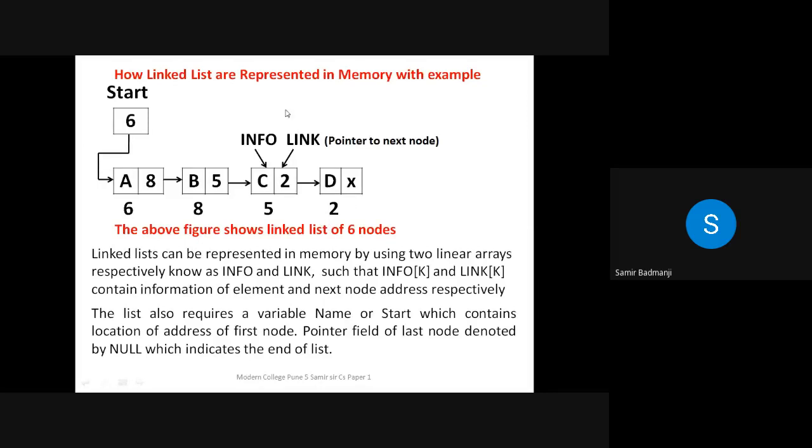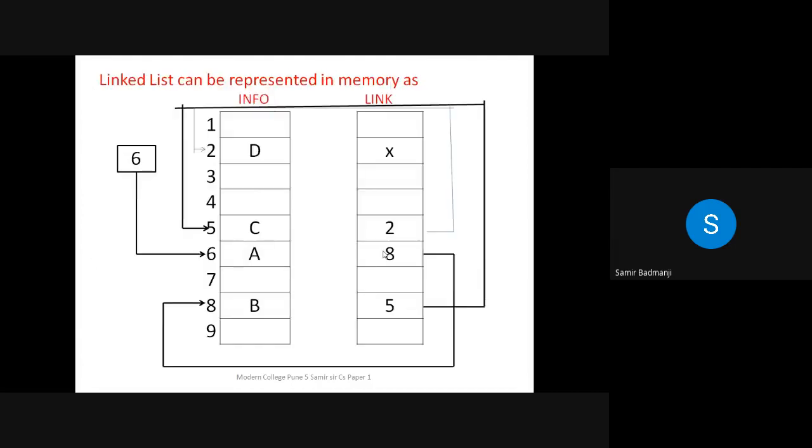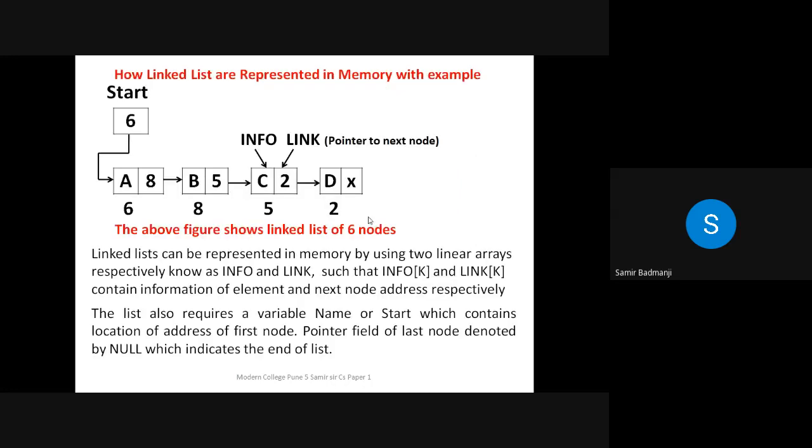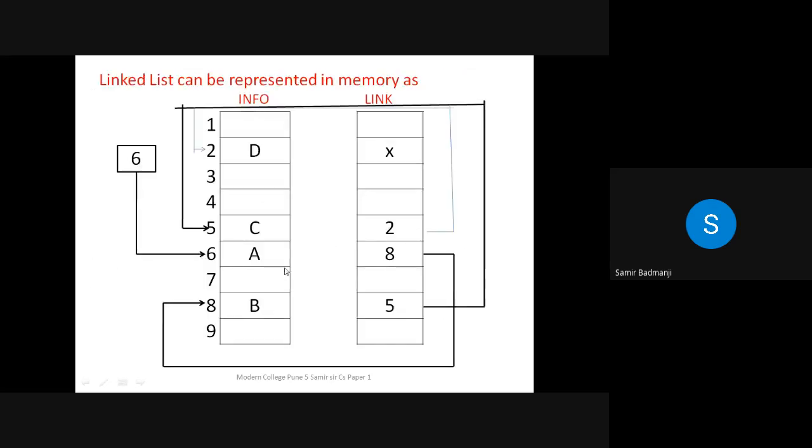Now after you have drawn this linked list and written some description, you have to show how it is stored in memory. So how it is stored in memory, 2 different arrays you have to use, one the information and one the link. Now see, linked list can be represented in memory as links. So usually the question is asked for 4 marks, and usually for drawing this linked list and this description, sometimes 2 marks are there, one for the linked list diagram, one for this explanation, and 2 marks for showing it in memory.